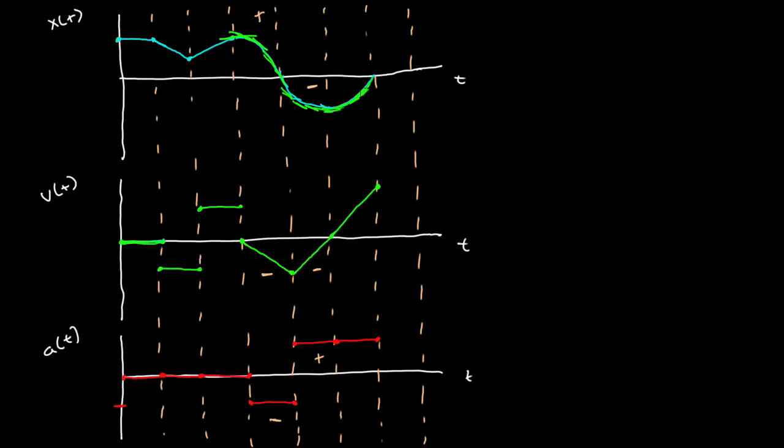So in this next region, the position sign doesn't change. It's still negative. The velocity sign did change. It's now positive, but the acceleration sign didn't change at all. It's exactly the same, still positive. Okay, and so now